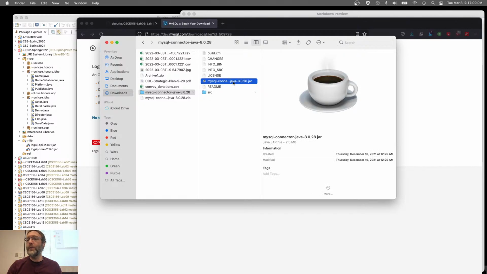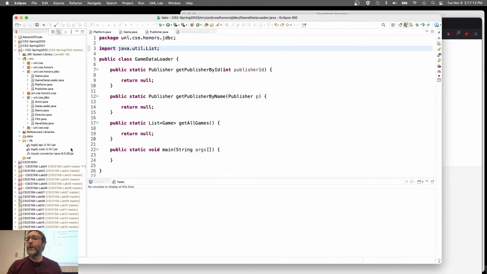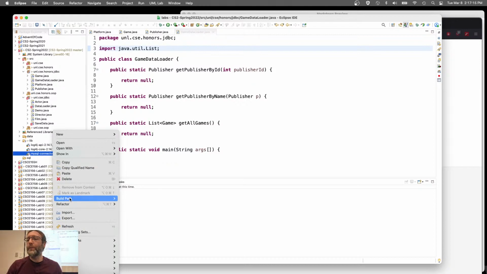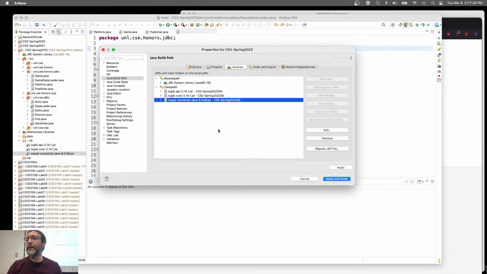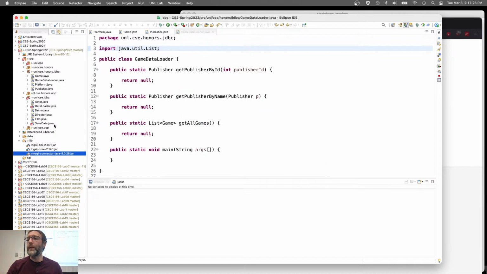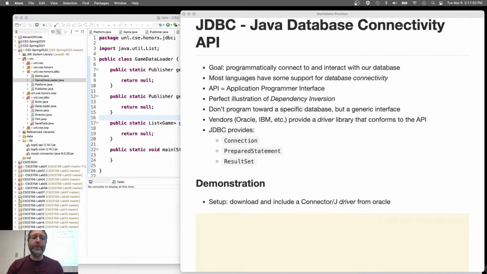That jar file, you drag and drop it like any other library, and copy the files. Right-click, build path. Here, I'll configure it. I already added it to the build path. It's there now. Otherwise, you would go add to build path like you would any jar. So now that that's in there, what we're going to do is play around with